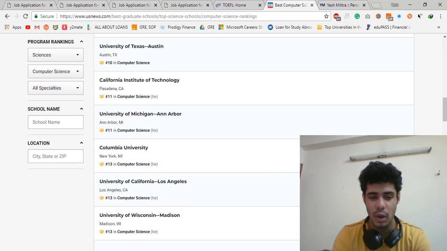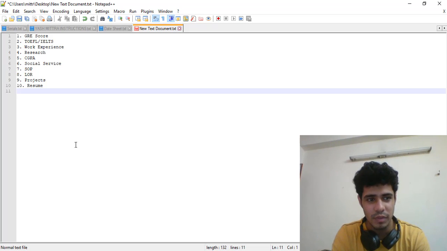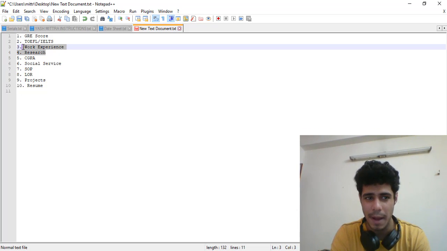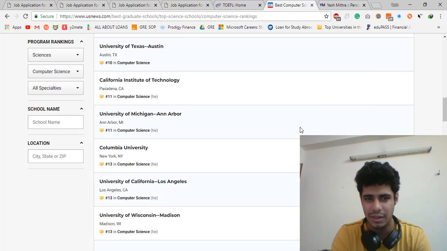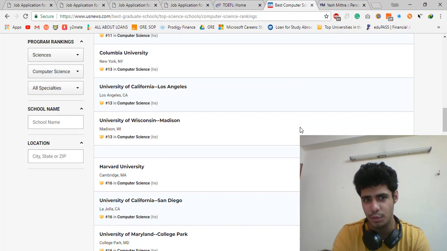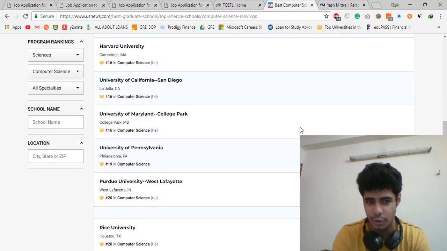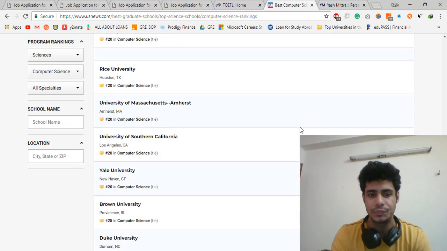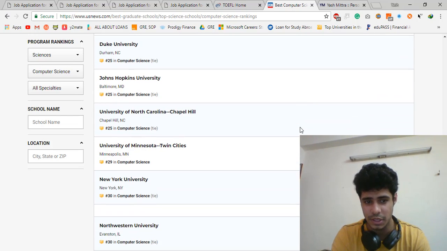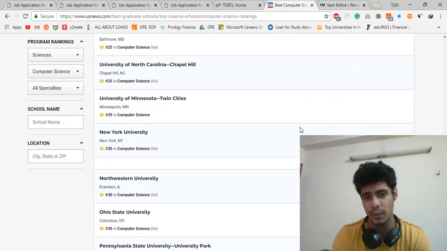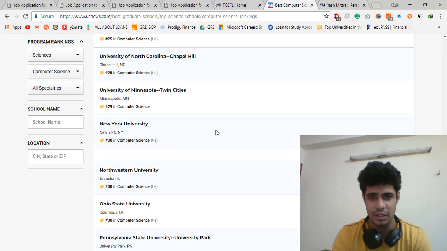And if you are not good in one or two of these, like one or two are just really bad, like you might not have research or work experience at all, well, then just skip the top 10 universities. Start looking from under here, 11, 12, 13. All of these are good universities, right? So at least the top 50 universities in the US for computer science, they are good universities, and you should really consider these.